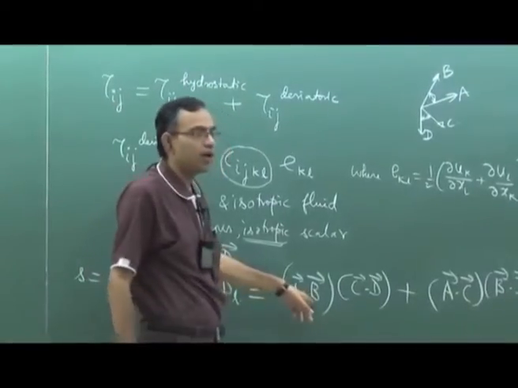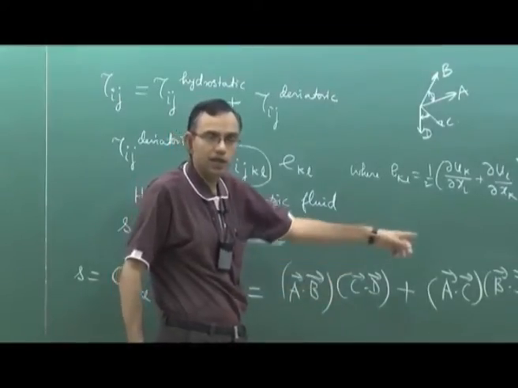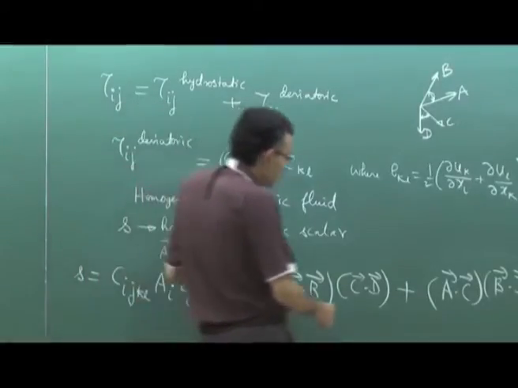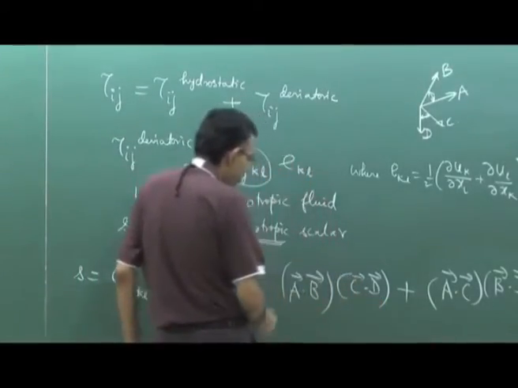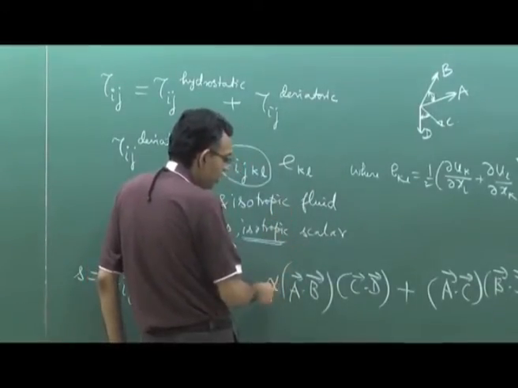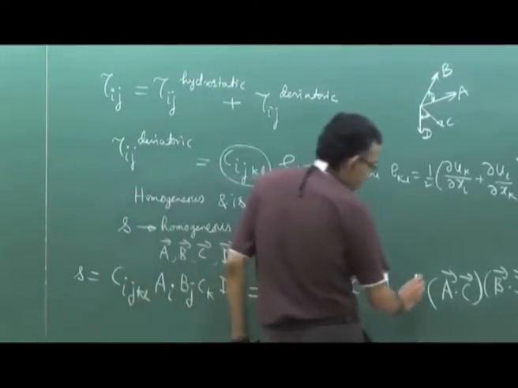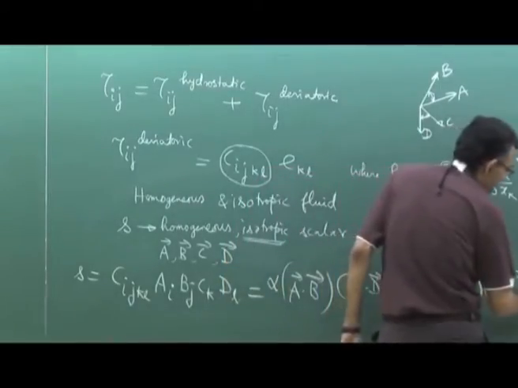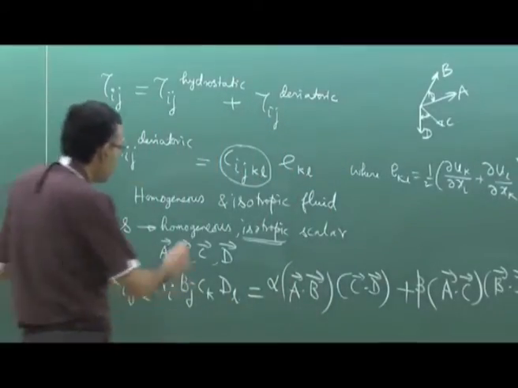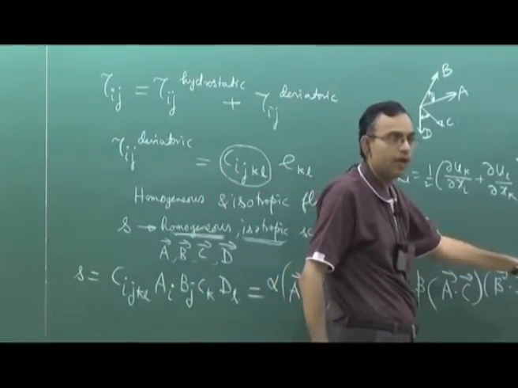So these are the only combinations possible. See, A dot B and B dot A are the same. So it is not 6 but 3 combinations which are possible. Now it will depend on this combination, so we can say that because of the linear behavior, it is proportional to this times a coefficient alpha which you have to determine, this times beta and this times gamma, where alpha, beta and gamma are some coefficients which, because of homogeneous nature, do not change with position, they are not position dependent.